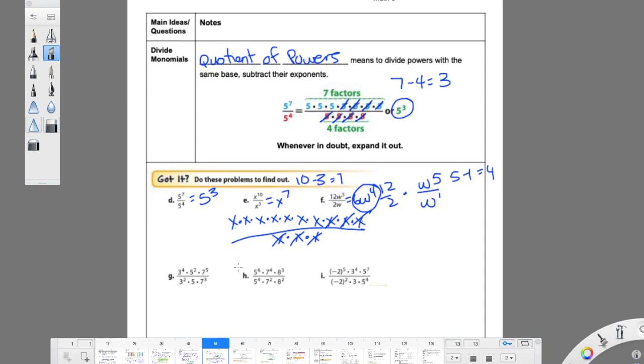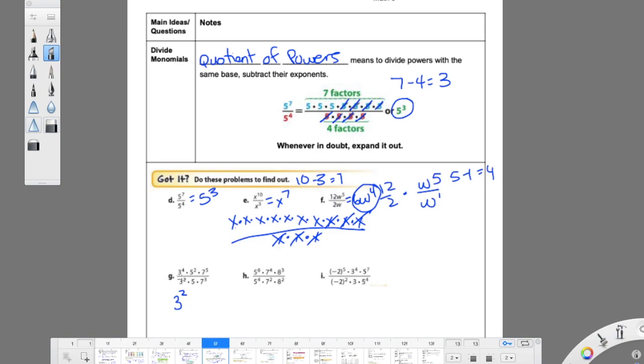Yes, they're starting to look a little bit more complicated, but we just go piece by piece. So I have my bases of 3. You need to make sure you match up your bases. If they're out of order, it's not a big deal. You just need to make sure you match them up. If for some reason this 3 squared was on the end, wouldn't change how I did it. I just need to make sure that I'm looking at those two together. In this case, they're lining them up all nicely for us. So 3 to 3, I have 4 minus 2. 4 minus 2 is 2. So I know if I go through and I expand it and I cross them off, I'd only have 2